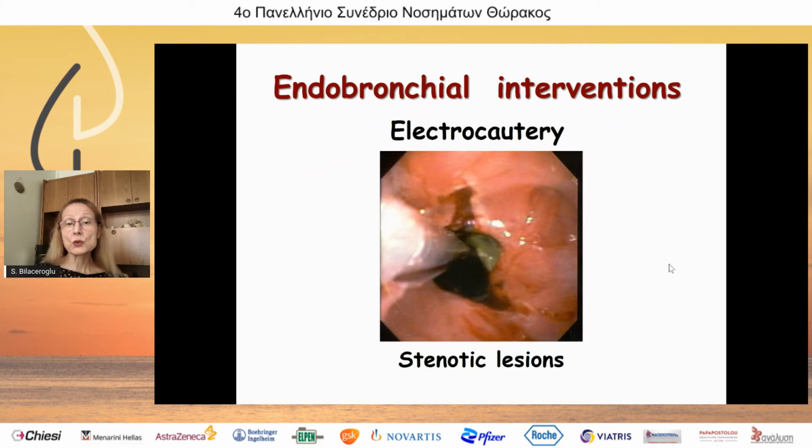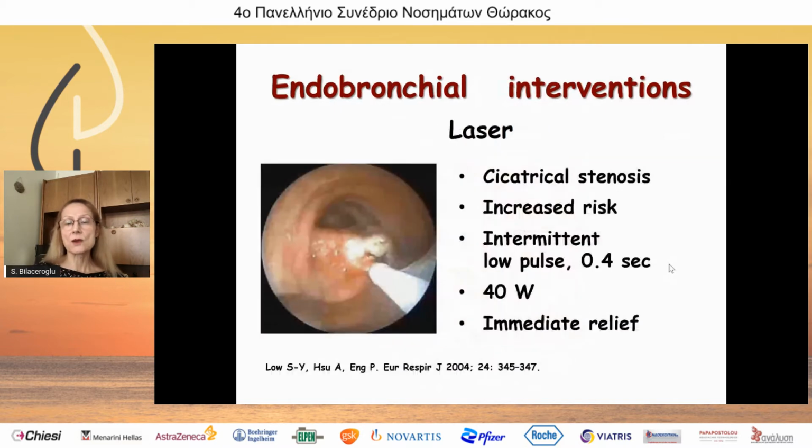Electrocautery can be used to cut the web-like stenosis, which is the involvement of the mucosa only. If we make 3 cuts in the lumen, in the web-like stenosis area, and then dilate the bronchus, the result will be much better. We can use laser also for the same purpose, but laser has an immediate effect, immediate relief,